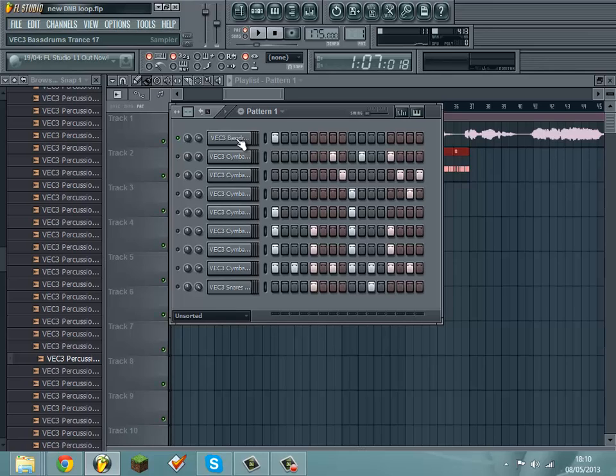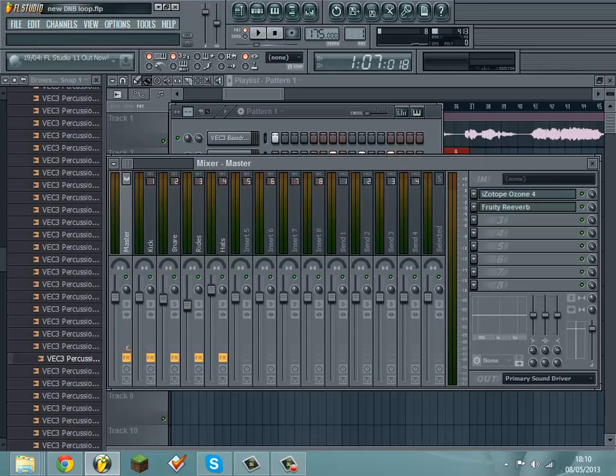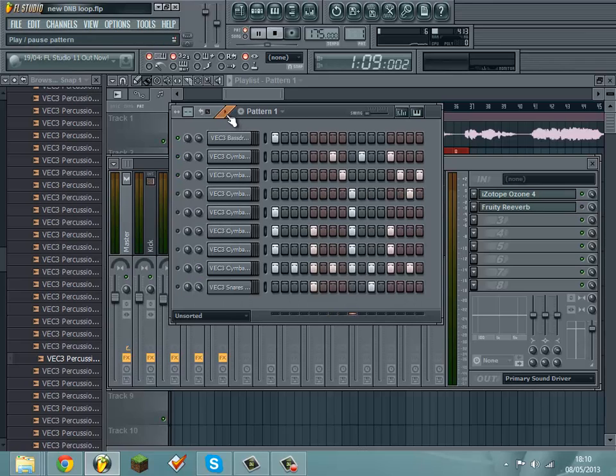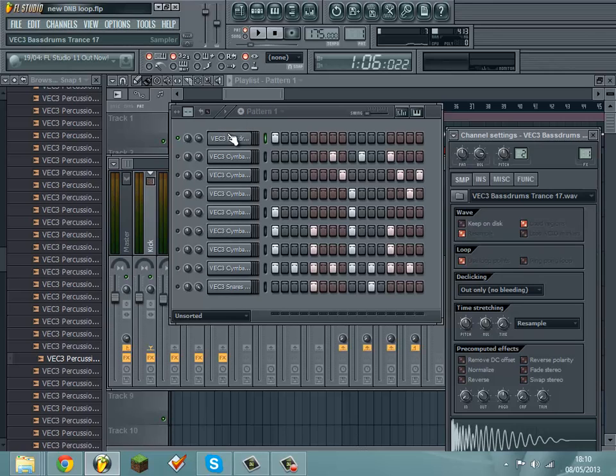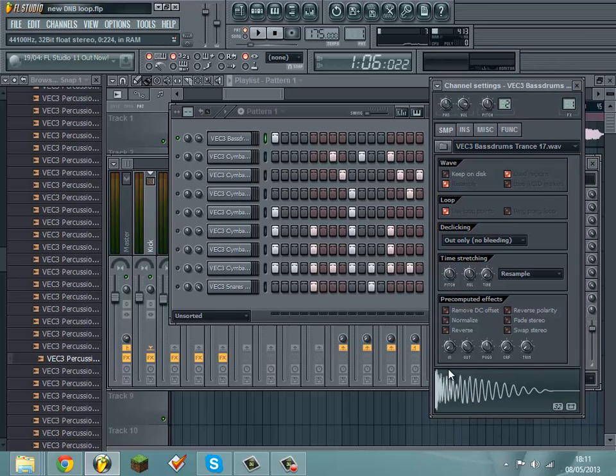Okay, so that's what we've got for the kick. I'm just going to turn the reverb off, so you can hear a bit better. For me, what I find is it's good if you have a kick which has got a lot of high end to it, but also quite a bit of low end. So you want it really punchy. You might actually want to cut a bit of the top out,